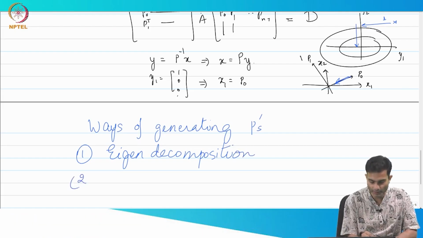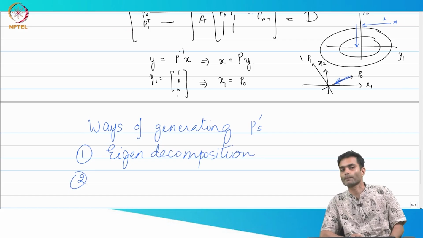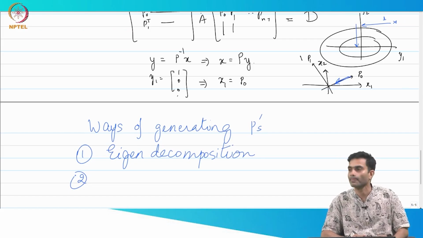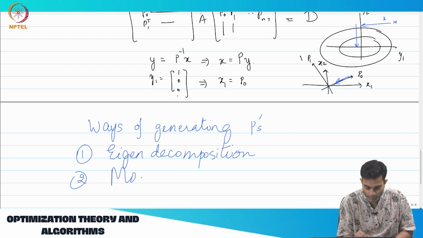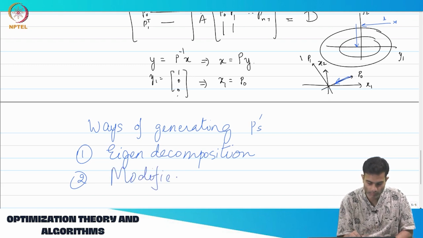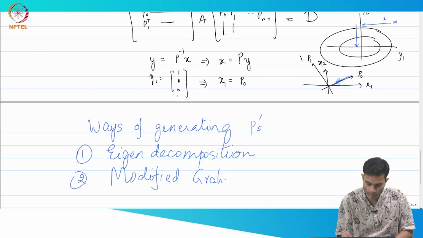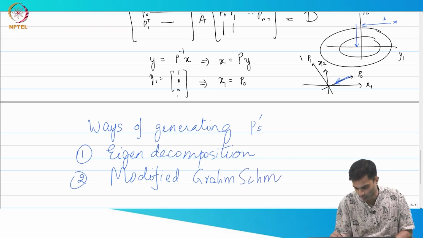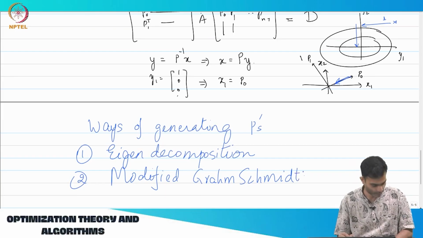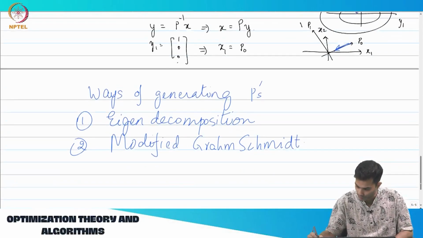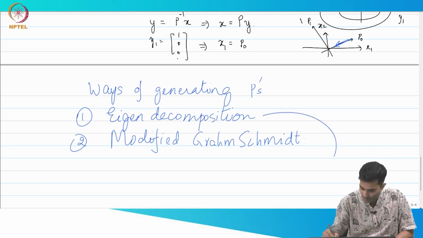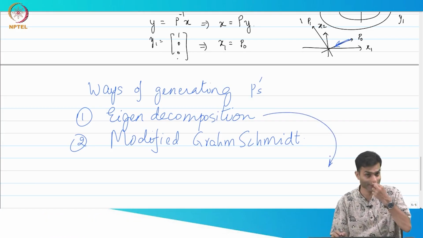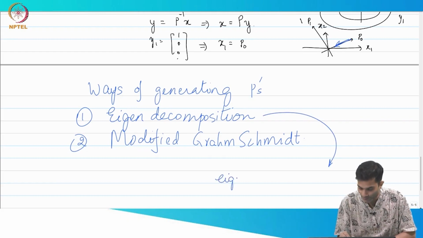The second method, which I have already given you a hint about, is what? Gram-Schmidt, modified Gram-Schmidt. Okay. So in the case of the eigen decomposition, there is one interesting thing that we have seen, that eigenvectors,